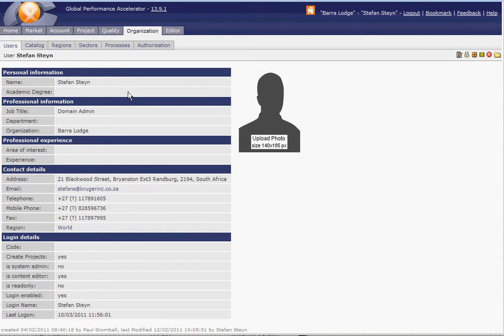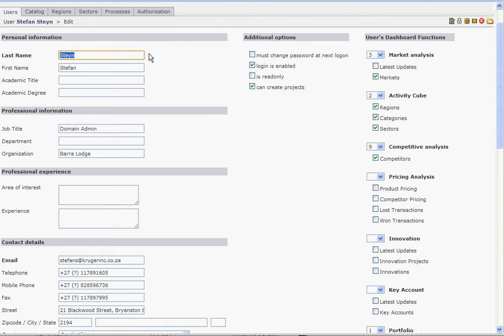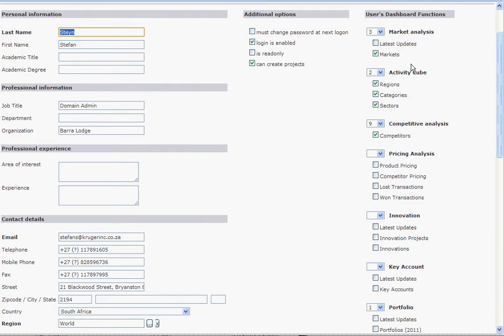First, go to one and edit. If you want to edit one, you can see here you have all the personal information, area of interest, things like this. Additional options like login is enabled, is read only, or they can create projects. And here you can activate the dashboard functions and also give the right sequence in the process.